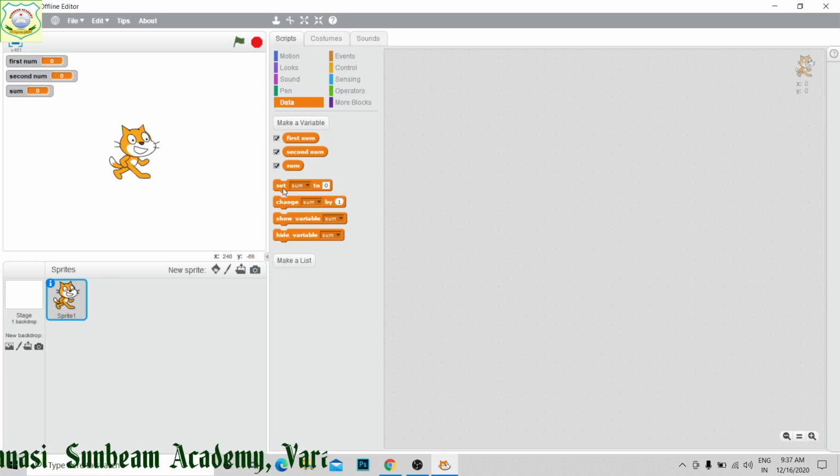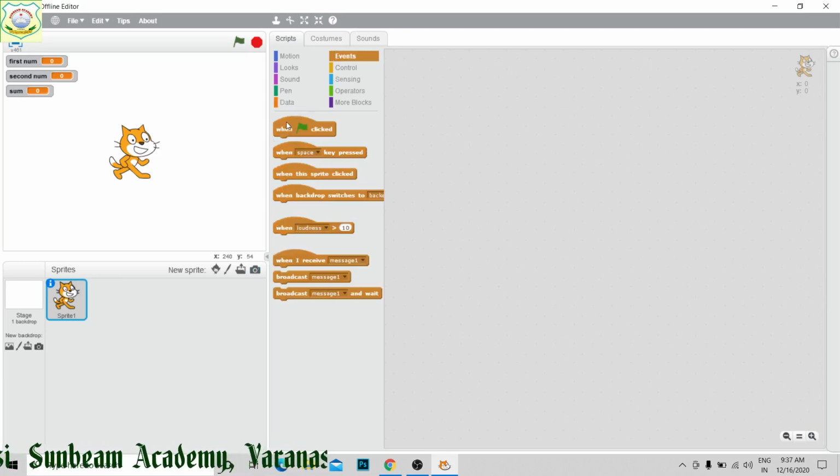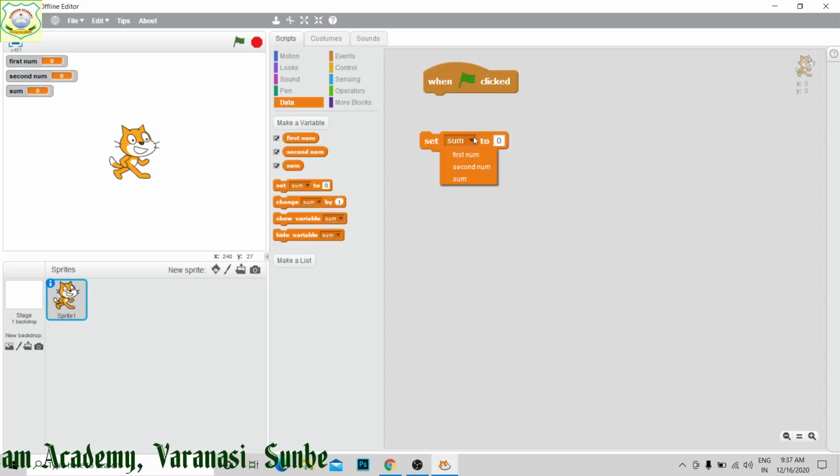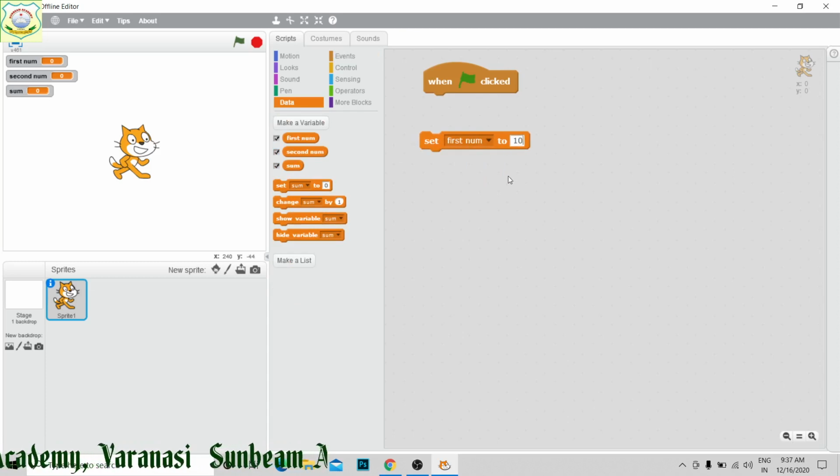So first, as you know, the first one will be the event. After event, now we will take the data and set the first variable, first number, to 10, right? I have set first variable's value to 10.